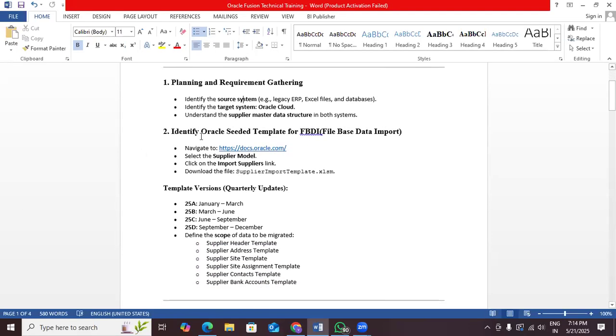Second step is how to download the template. This is called an FBDI template, file based data import. See the navigation here. Like we can go for the